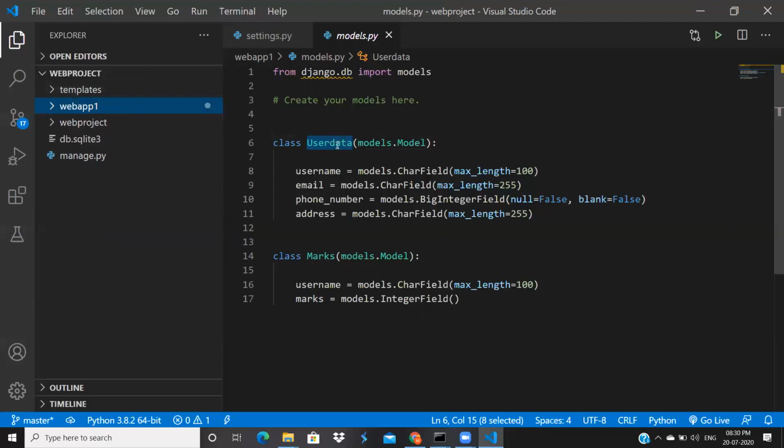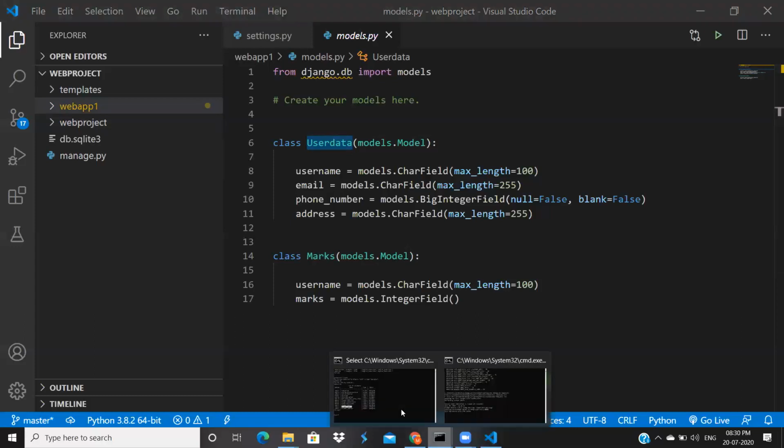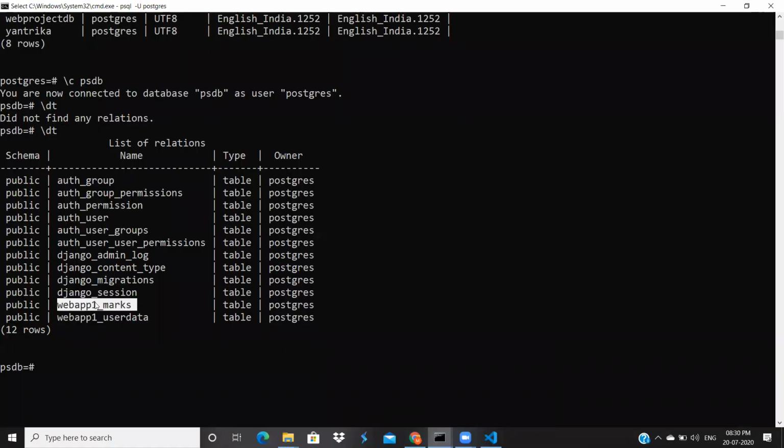For that you will create a table with the name token. If this is inside web app 1, you will get web app 1 underscore token. Suppose the token table is inside your web app 2, you will get web app 2 underscore token. Like that prefix you will get for your table. That is default Django behavior. You cannot change that. Web app 1 underscore marks, web app 1 underscore user data. Now let's see what's inside these tables.